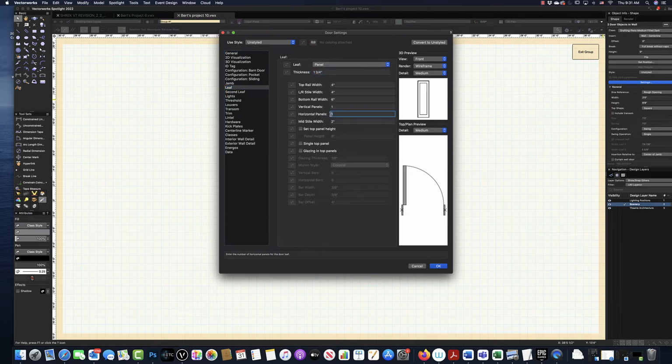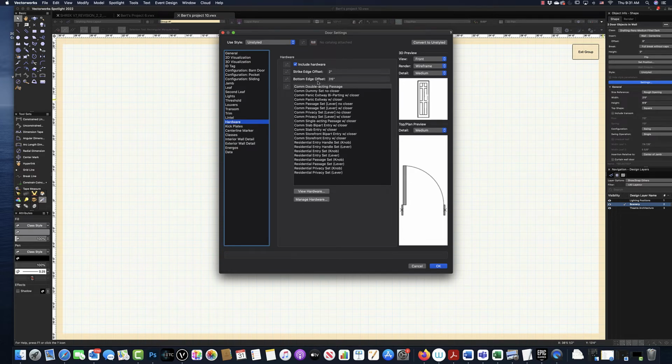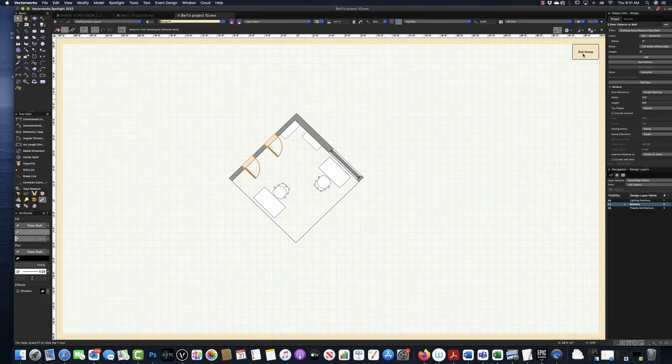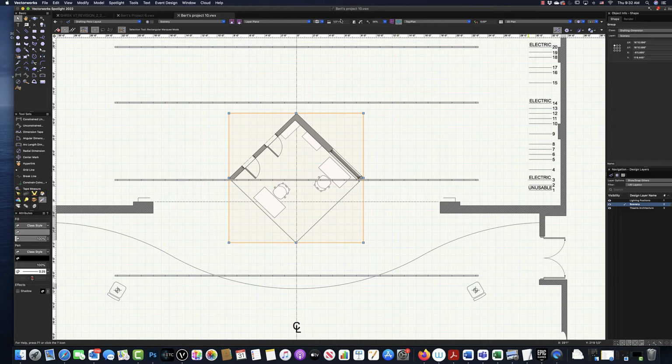Get it to 2 and 3 and 4 and that. Okay, and I'm going to add some hardware. So I'm basically just copying, repeating what I did in an earlier project here. Passage set knob. Okay. All right. So those should now